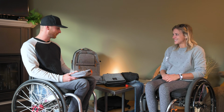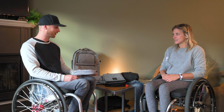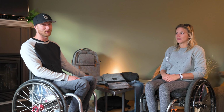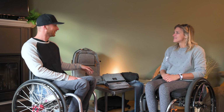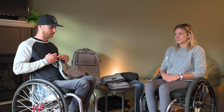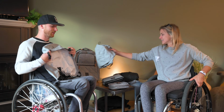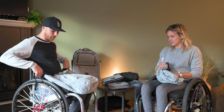a blast with it. Right away from when I arrived, the first thing I got into was actually some rain gear. It was pouring rain outside. I was like, sweet, this is the perfect time to get out. And so I wanted to try out their rain lap guard, and I figured this is such a huge asset to most wheelchair users. So you can throw it over your laps, and it's got some buckles that you attach